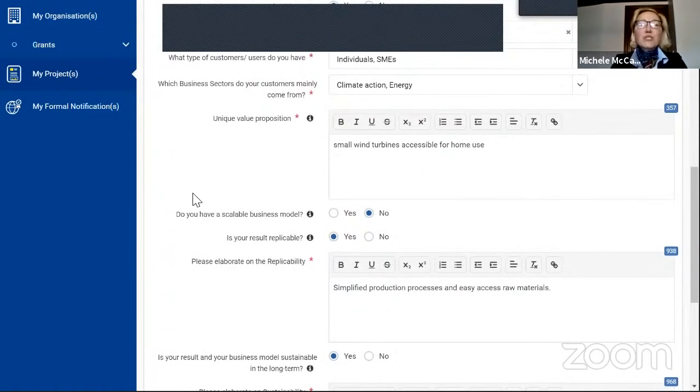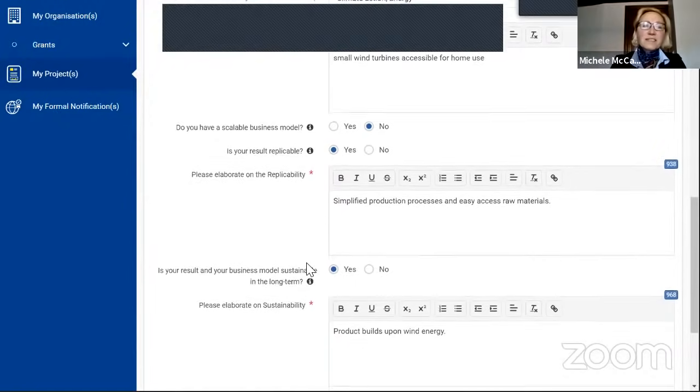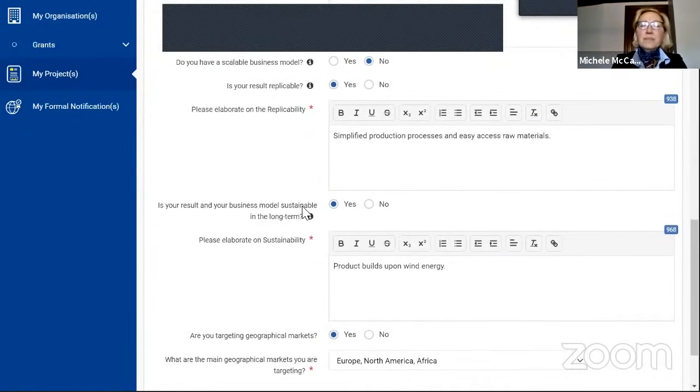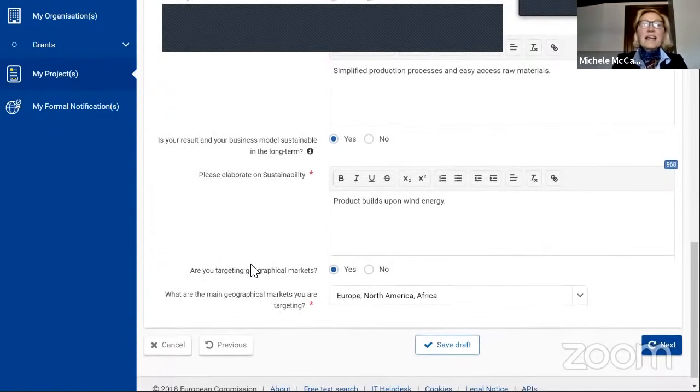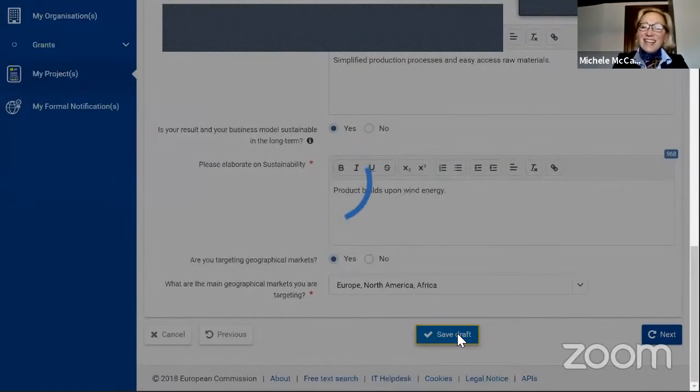All right, afterwards, you have a scalable business model. Not yet. If you do, obviously that's great for an investor to look at. Is your result replicable? Yes, and elaborate on that. And it's simplified production processes and easy access to raw materials. Is your result and your business model sustainable? Yes, and elaborate on that. And the product builds upon wind energy. So are you targeting geographical markets? Yes, Europe, North America, and Africa. Again, save,